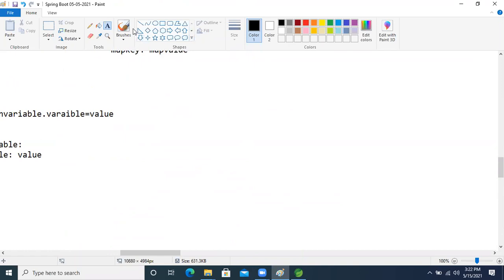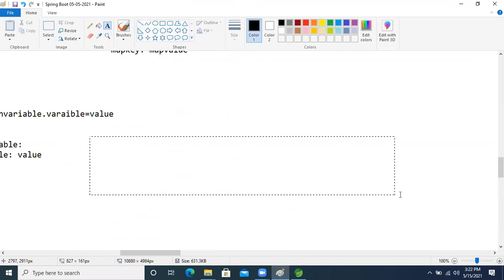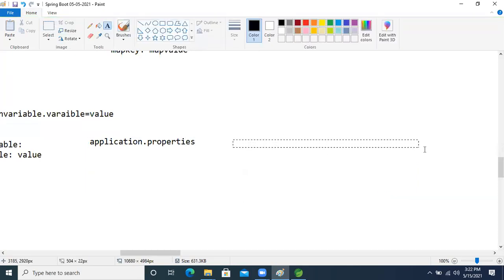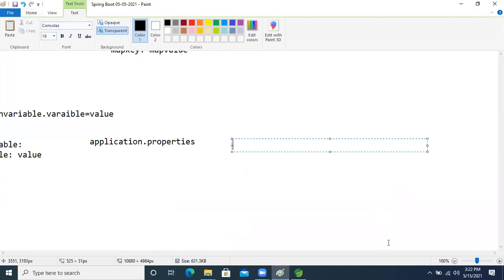This is the property file, our application dot properties. How will we write the same things in the class? In our class these attributes are there.